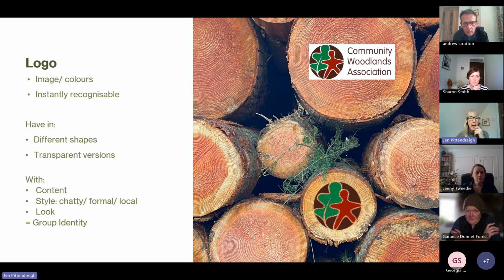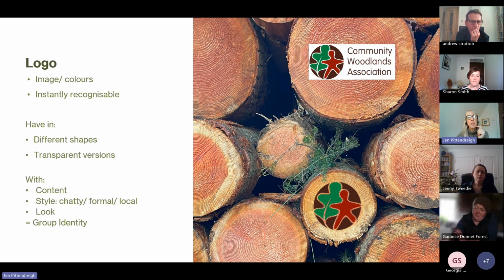It's good to have your logo in different shapes and sizes, so that, for example, this is obviously a rectangular one, but we've got it in a long version. It's quite good to have it in a square version or a round version, because, for example, I can think Instagram looks for a round version of logos rather than square ones. So I quite often see square logos in a round hole, you know the saying, and it's not great. So if you're getting a logo done, look at it to be in different shapes and sizes.